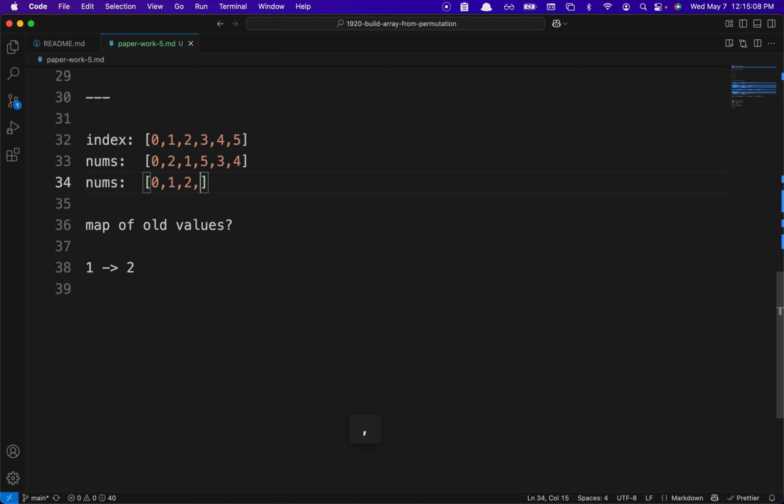So it's this, right? Once you realize that this old value is used, you don't need it again because every value is just used once, right? No other index will have 1 as the value. Only one of them will have 1 as the value, and once you use the old value, you can delete it. So you can reuse the space. And then